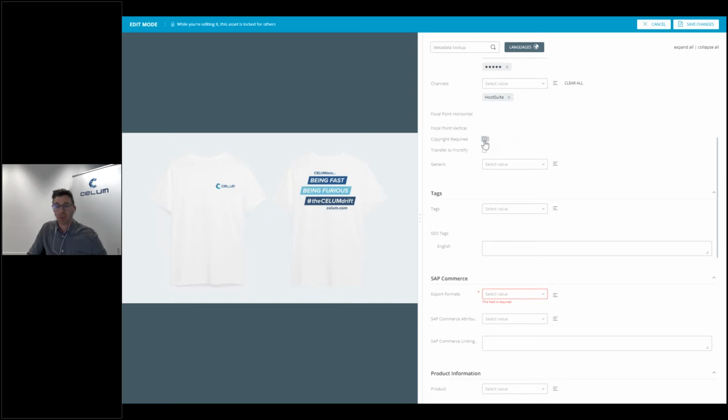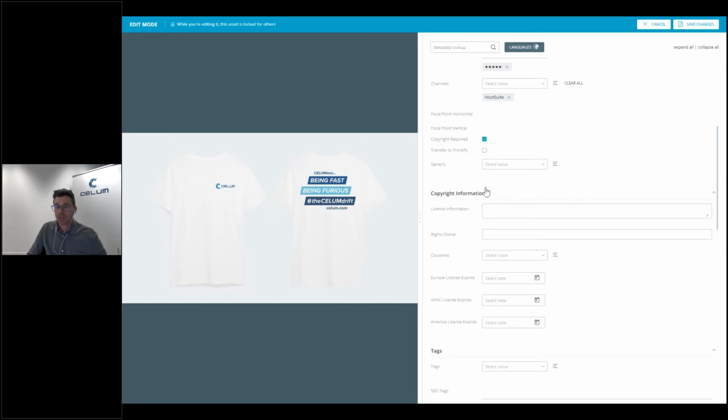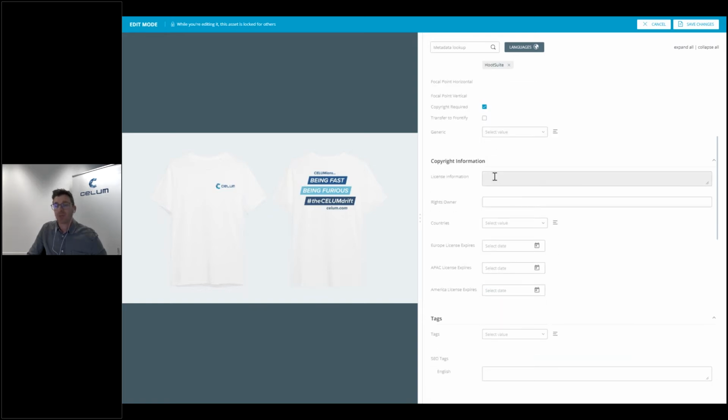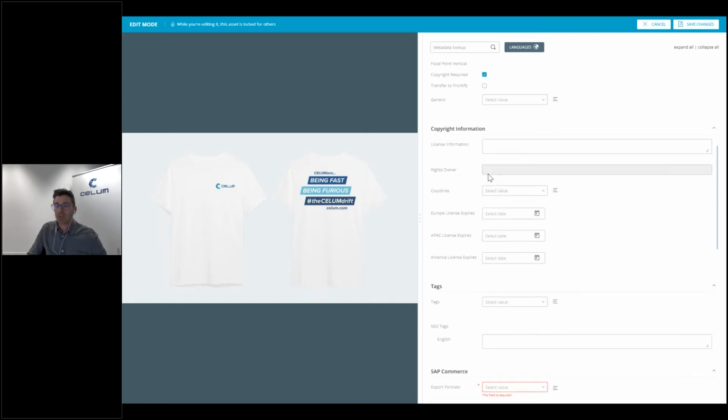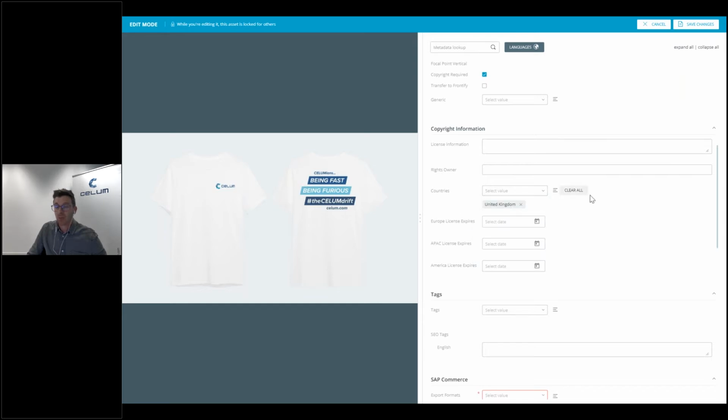You can have a checkbox, for example, with an extra field like here. If you have some license information, for example for copyright, where you can also define for which countries they are available, you can set it here. For example, if you have a deadline or an expire date for your contract or for your licenses, you can also set it here. That's very important. It's not just for copyright. So if you are working with